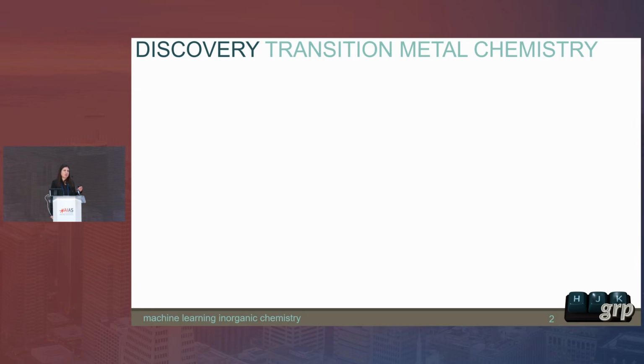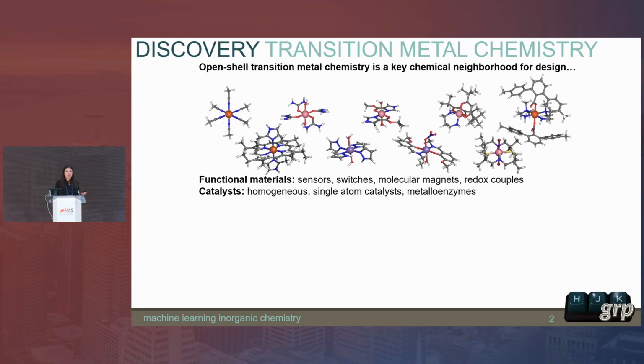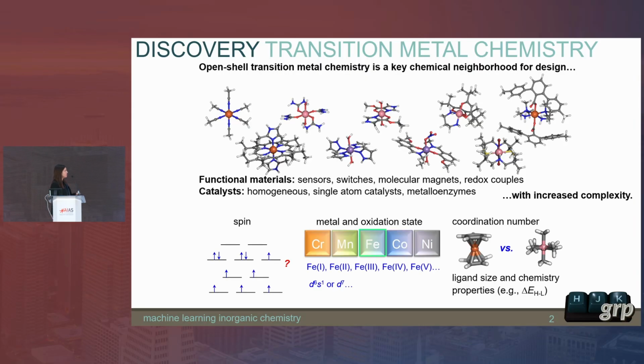So my lab's been using artificial intelligence to accelerate the discovery of materials for about 10 years now. And we work specifically in a class of materials called transition metal complexes that are very complicated in terms of their electronic structure. So in order to understand them well, you need difficult quantum mechanical methods. And the talk you just heard earlier today is a really good introduction to that. But the idea is that we have these well-localized metal centers, and these give rise to really interesting and emergent properties in catalysis and sensing as molecular magnets and so on.